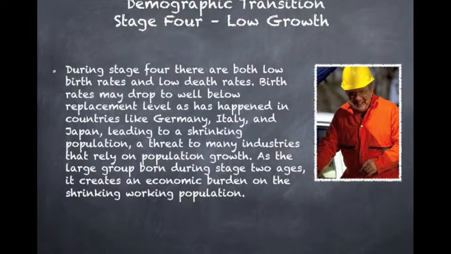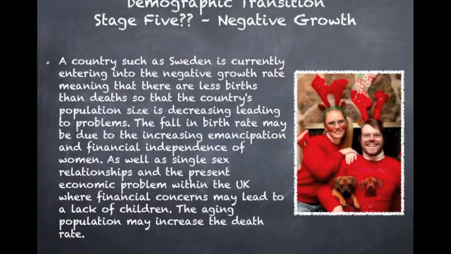And so as people begin to live longer and longer lives, living on average into the late 70s, early 80s, and some people living even past 100, you see several generations of a family living at the same time. And so the population is aging. There are fewer young people and many more old people. And so this begins to see the beginnings of a negative growth rate,